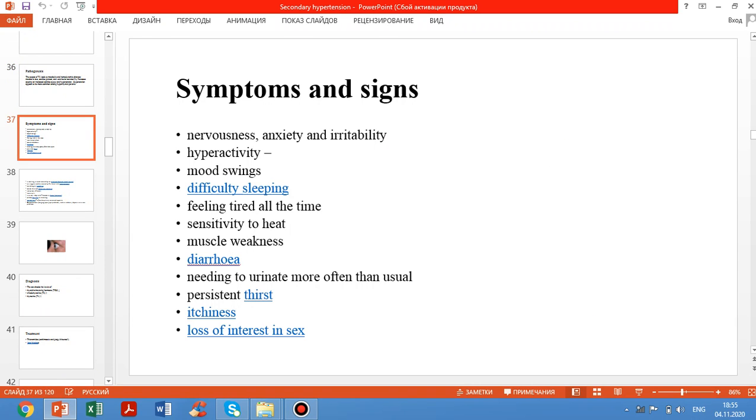Symptoms and signs: nervousness, anxiety and irritability, hyperactivity, mood swings, difficulty sleeping, feeling tired all the time, sensitivity to heat, muscle weakness, diarrhea, needing to urinate more often than usual, persistent thirst, itchiness, loss of interest in sex,